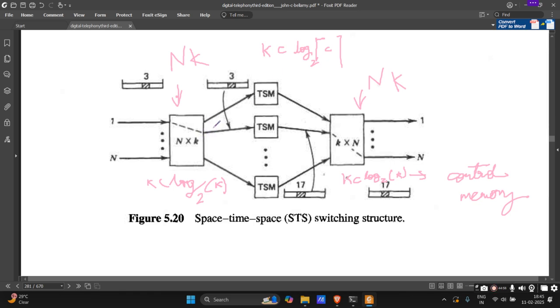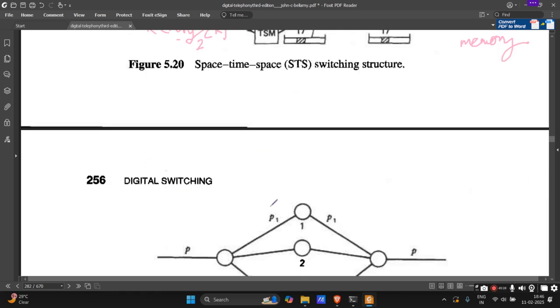here you are selecting which switch to go to, right? Why is it log base 2 k? Because you have k options and you have to choose one. So that is why you need log base 2 k bits to represent that choice. But here you have C time slots, channels. So from C channels you have to choose one. So here you need log base 2 C bits to represent that choice. So that's why this is KC log C and this is KC log K, space stage and time stage control